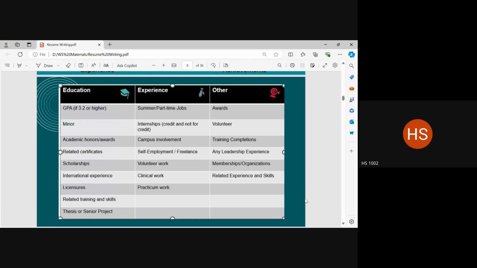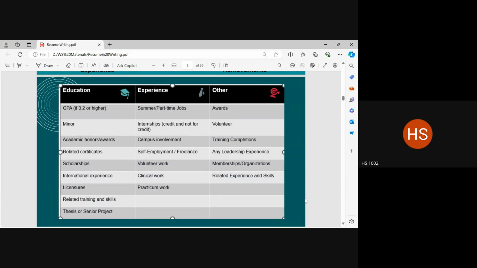There are some things which do not fall very cleanly or neatly under either of these headings. It might not be about your education, it might not necessarily be about your experience either. But these things can be very relevant to your resume from the perspective of a prospective employer.